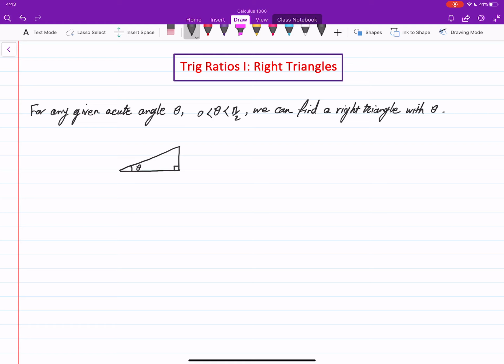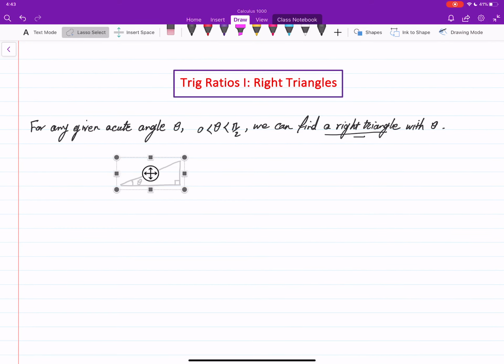construction is that it is not unique at all, meaning that someone somewhere else can make exactly the same such a right triangle but with different sides. Let me show you how. I will put this one there, and then you see this triangle that I just drew has exactly the same angle theta. It's a right triangle with the same angle, but the sides of this triangle are completely different than the ones